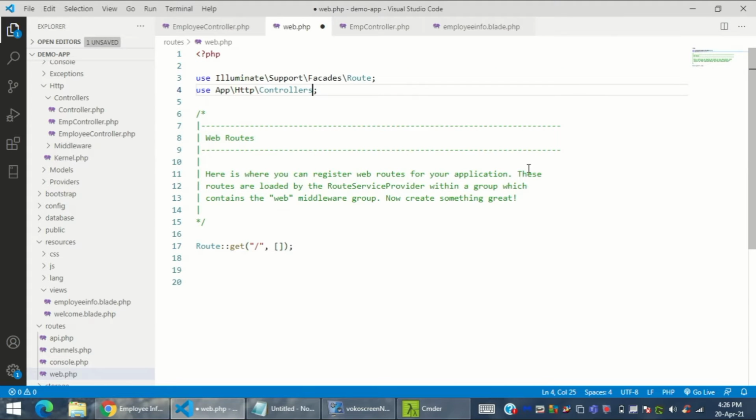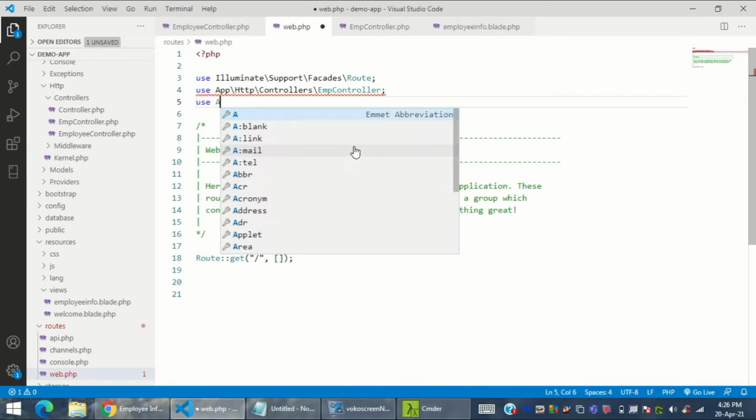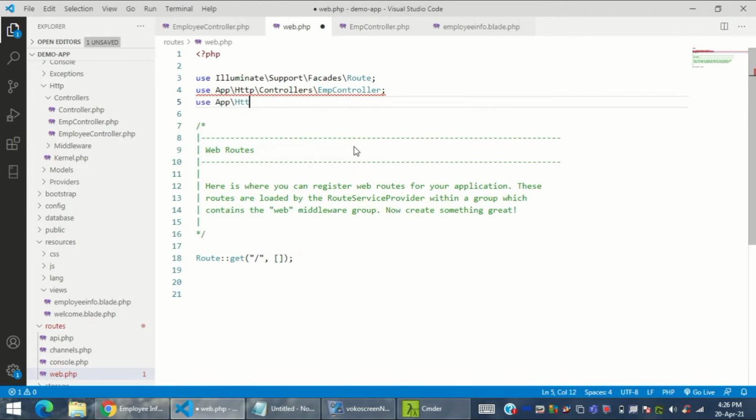So rather than having the star, I need to use this emp controller and tell Laravel that my emp controller lies in so and so code folder. So star is not going to work, but rather I can say that you have to provide the full absolute path for it. Fine. So now over here